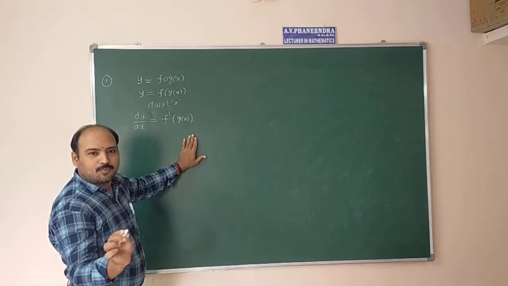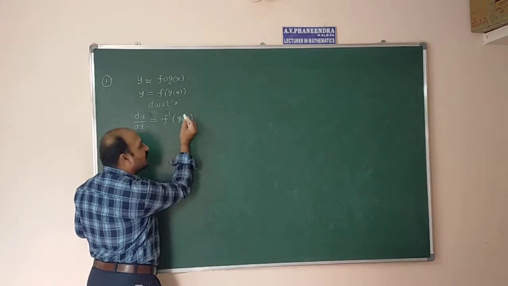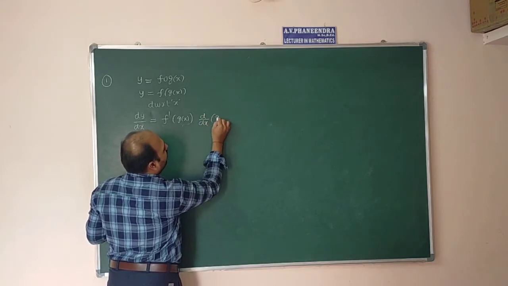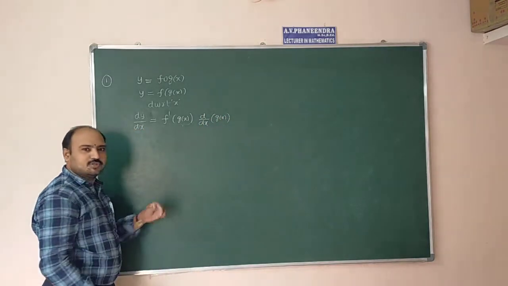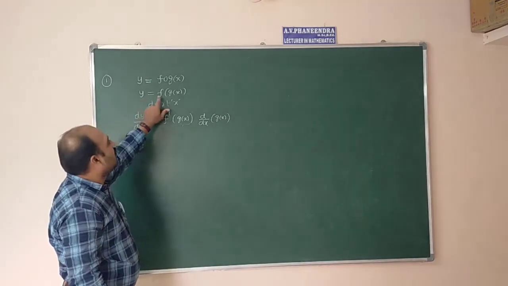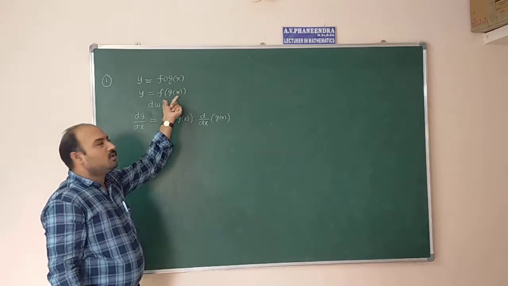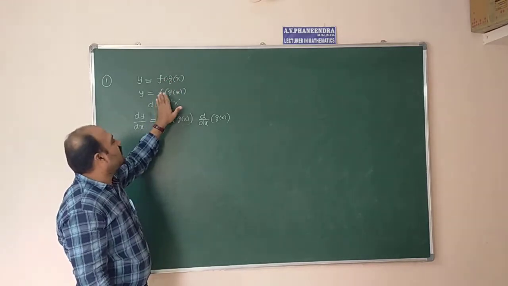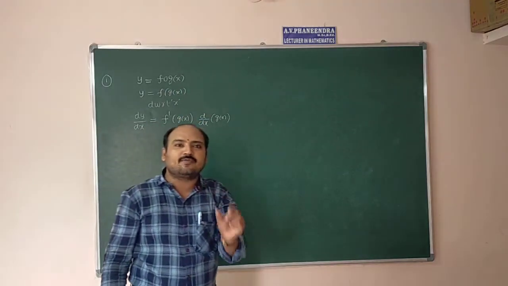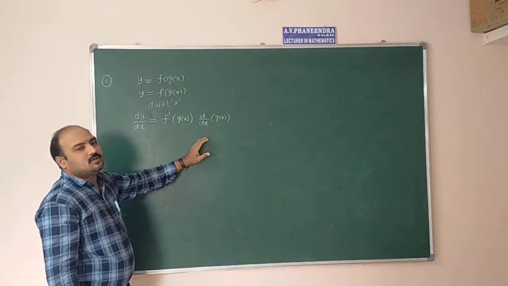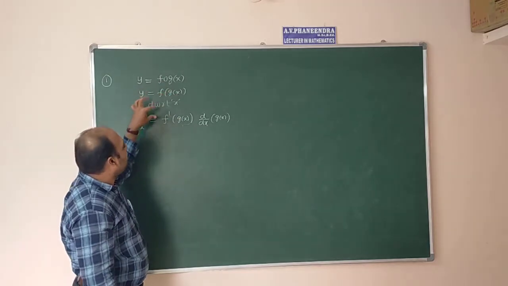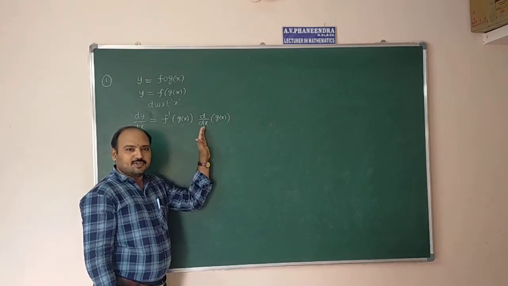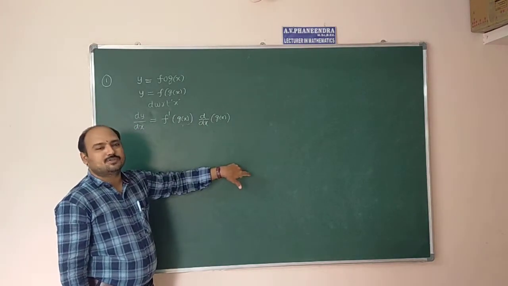After that we cannot stop. Whatever function is involved here, that function we have to differentiate, d by dx of g of x. Once again I am repeating, f of g of x. g of x keep as a constant like this, that means x or something, so it is in the form of f of x. We know that d by dx of f of x is f dash of x. So the derivative of f of g of x is f dash of g of x. After that, we cannot stop the differentiation until we get the constant.